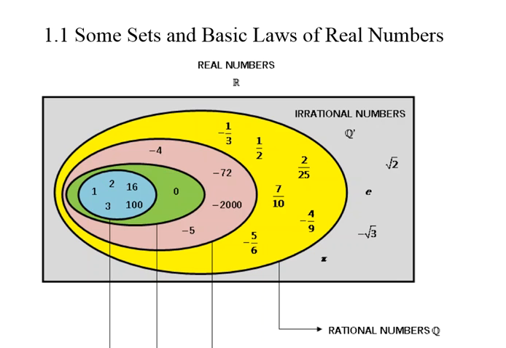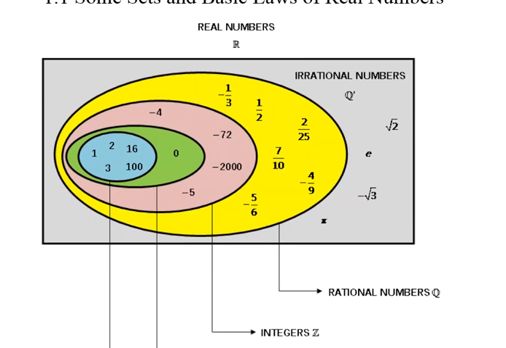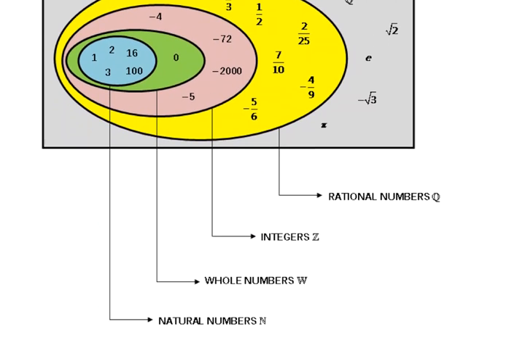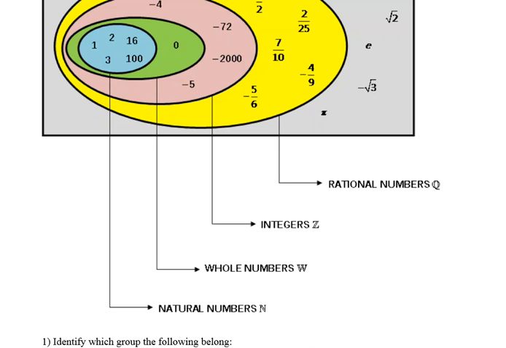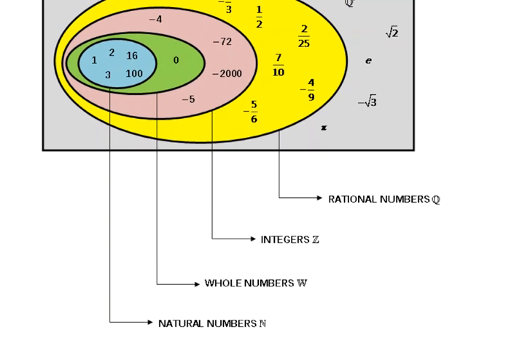You can see the different sets and what they're called. So the blue set in the very middle, if you scroll down just a little bit, is called natural numbers. They're called natural numbers due to the fact that when we go out and we're walking around in nature, we count things, and things are always positive, so those are positive numbers. And when we count things, we don't count partial things,